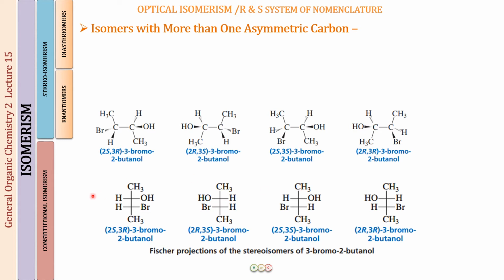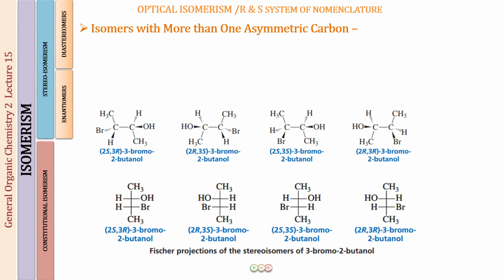So CH3 is matching, H and OH, H and OH, right? So this is not a mirror image. So the H and Br, yes, this is a mirror image, but H and OH, they are just the same. So these are not the mirror images of each other, but still they are stereoisomers. So these two will form a pair of diastereomers. Again, if you look at these two, they form a pair of enantiomers, right? And if you look at this one and, say, the first one, these are again going to form a pair of diastereomers because they are not going to be mirror images of each other.